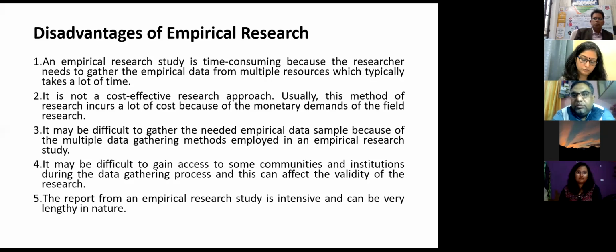Number 2, it is not a cost effective, as I have already said, research approach. Usually this method of research incurs a lot of cost because of the monetary demand of the field research. So it may be difficult to gather the needed empirical data sample because of the multiple data gathering methods employed in an empirical research study. And it may be difficult to gain access to some communities and institutions where the research